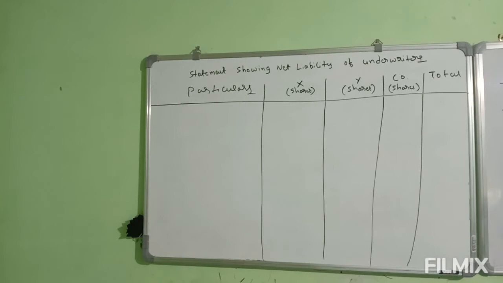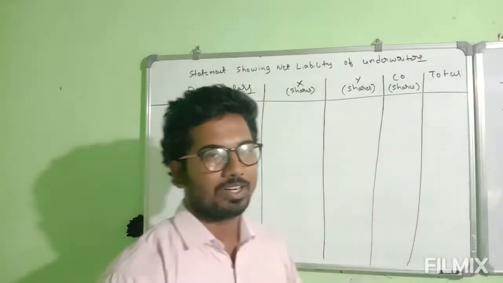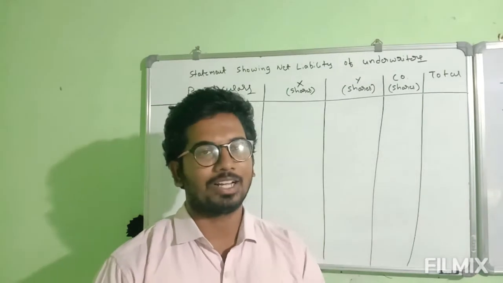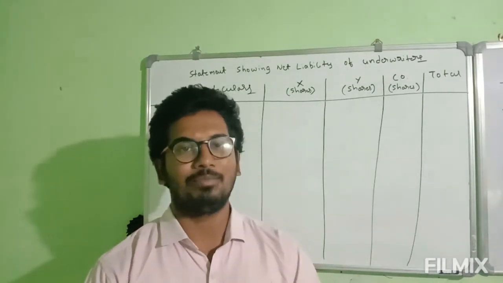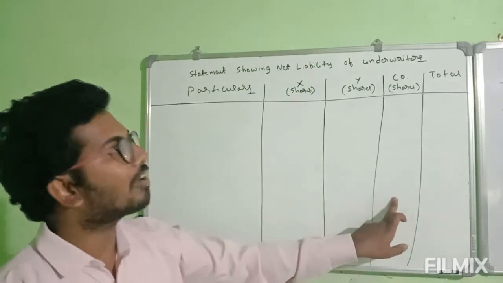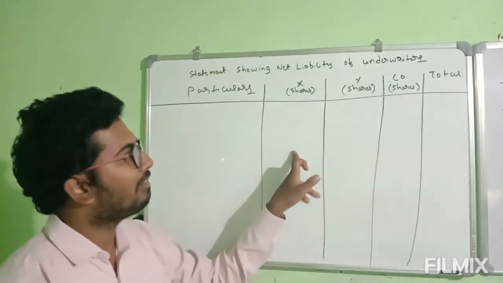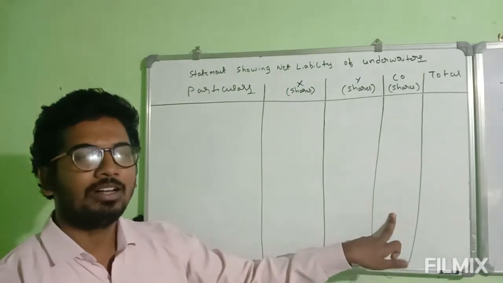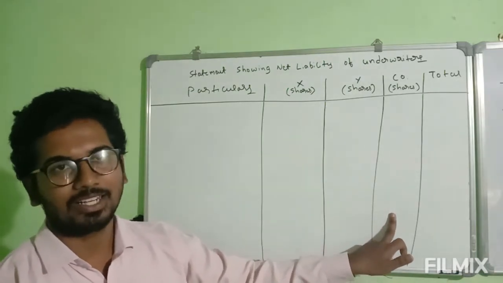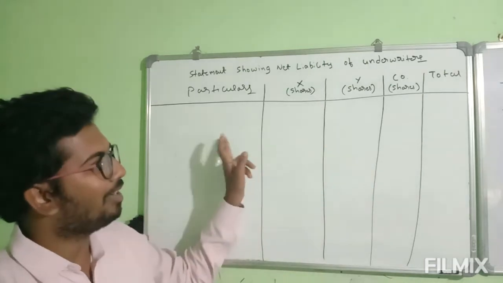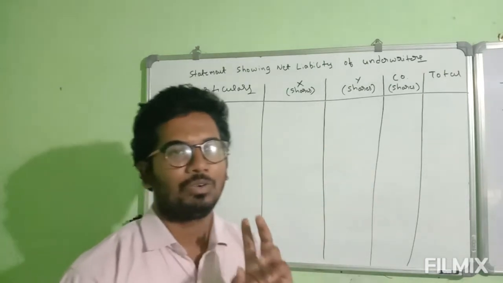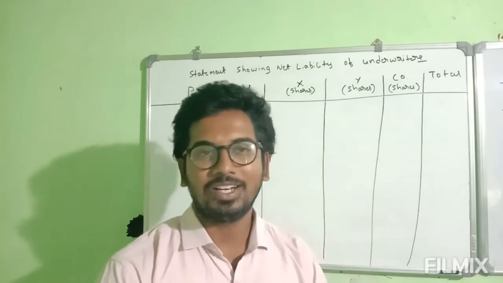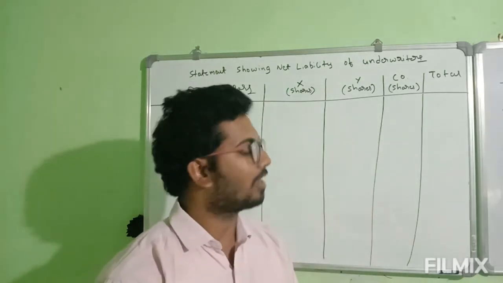So look at the sum. We already found the gross liability ratio. This is a little different sum. When it's a partial underwriting, the company also holds some liability, so we should insert one more column called the company column along with the underwriters. Insert the company column only when the problem is on partial underwriting, for 6 marks. The gross liability is already found; in the question itself they have given the gross liability of X and Y, and the remaining shares go to the company.